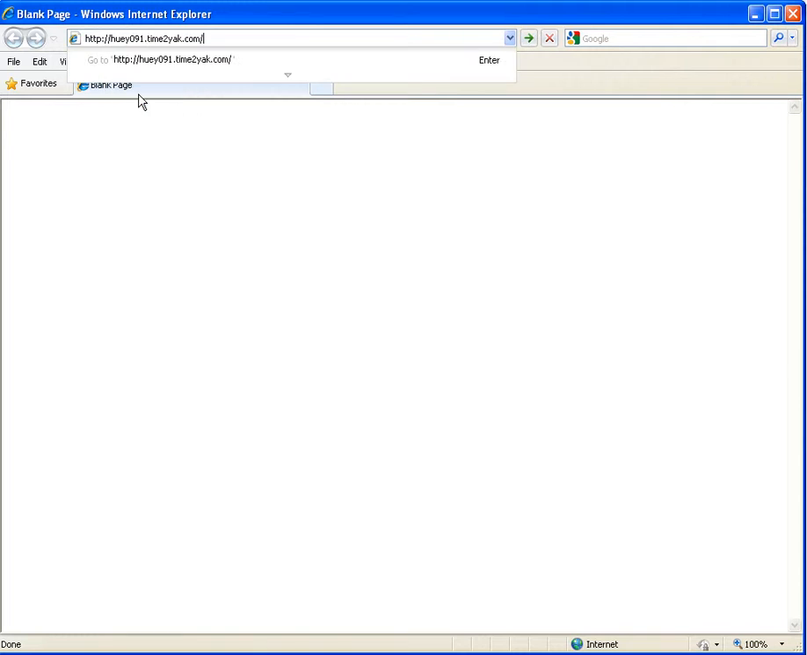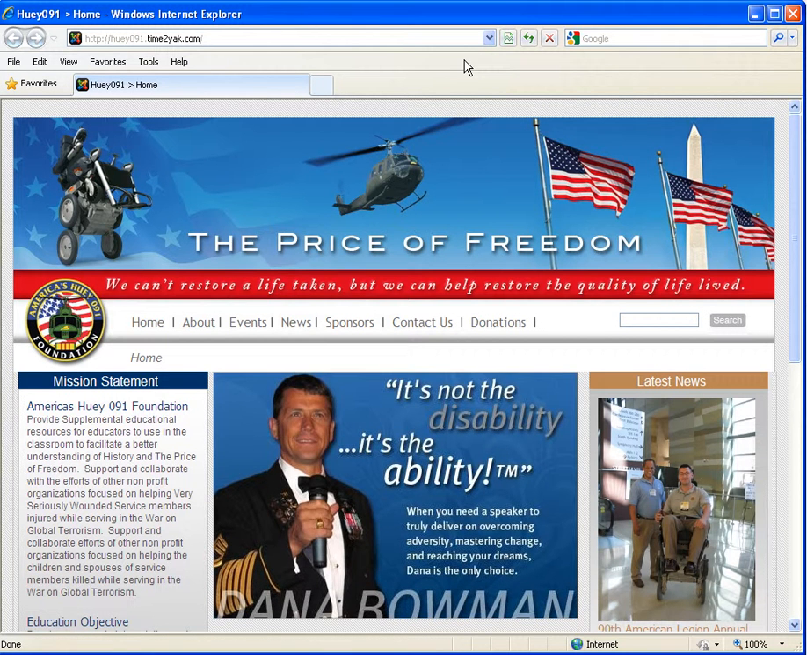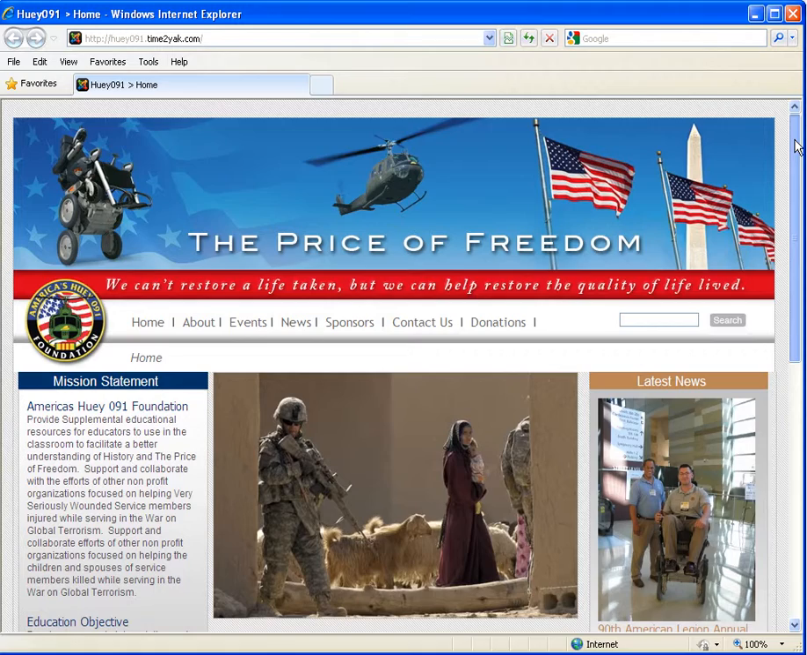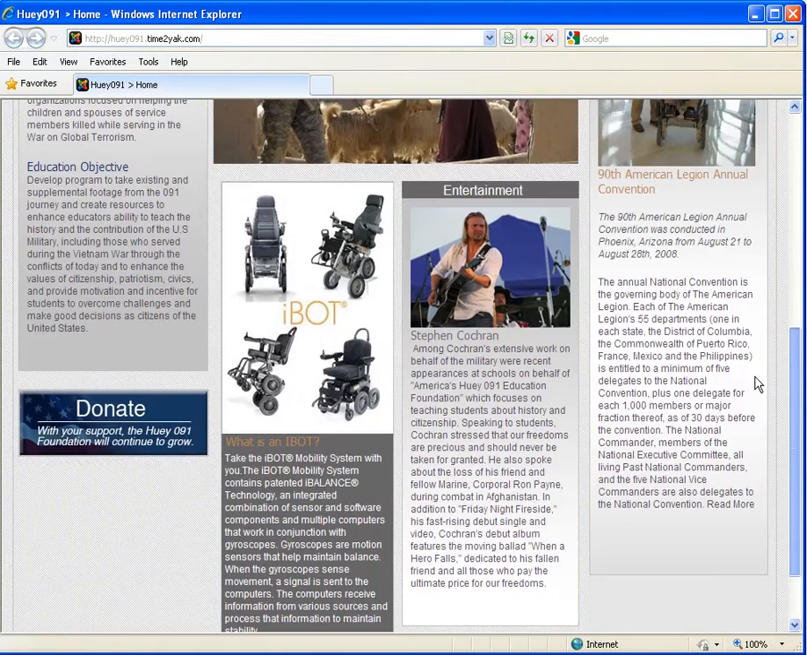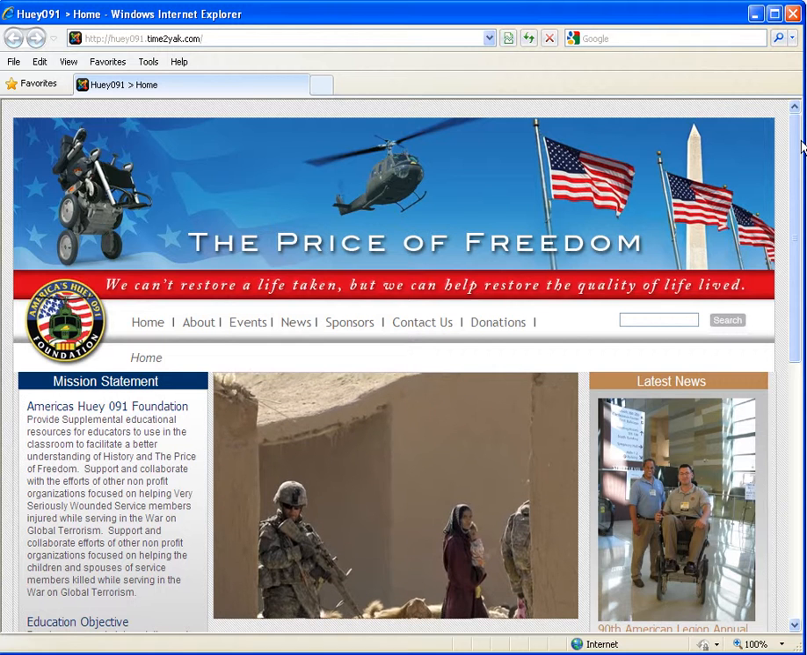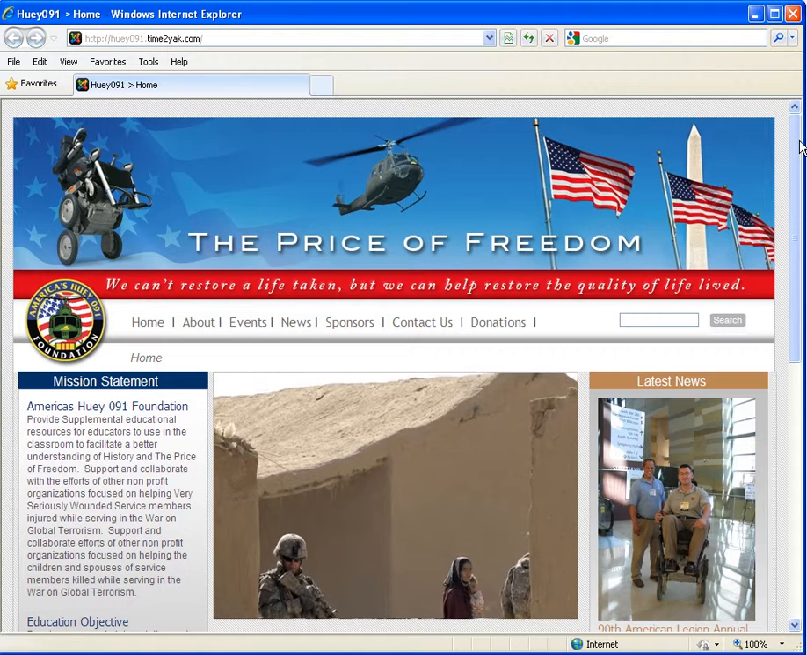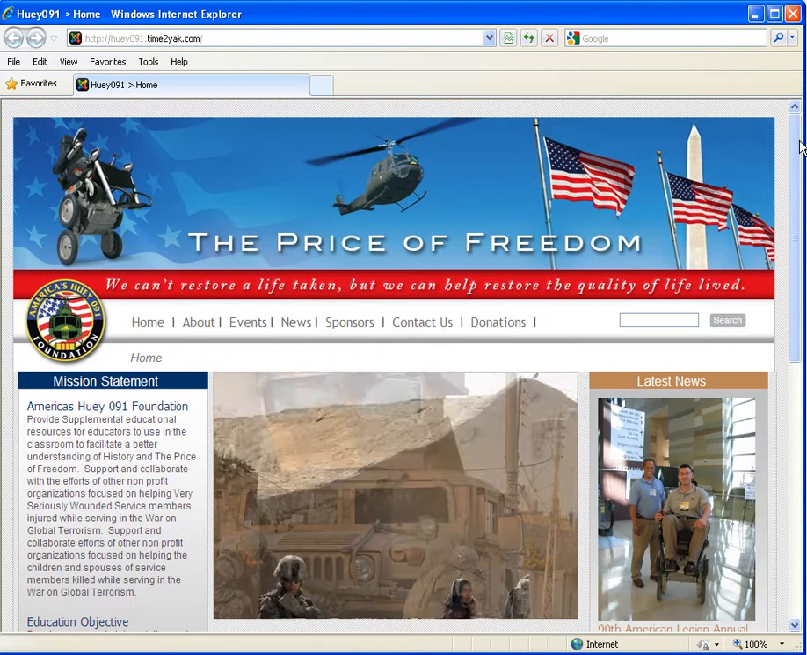browser. I hit return, and a moment later, or so, we'll be looking at the home page, and here we are. This is the home page for the new Huey website. Now, it'll look slightly different in different browsers. It's optimized for Internet Explorer, but it will render slightly differently in Firefox and Safari, but essentially it'll be the